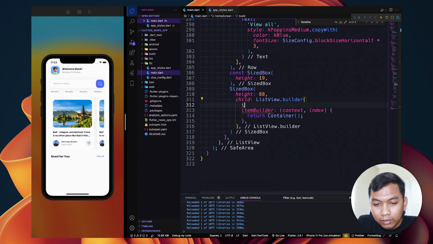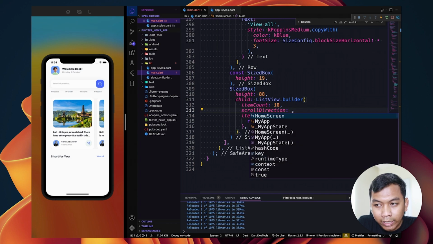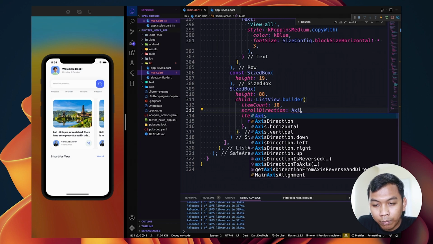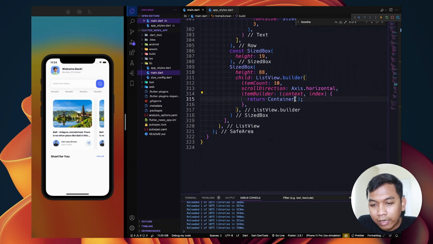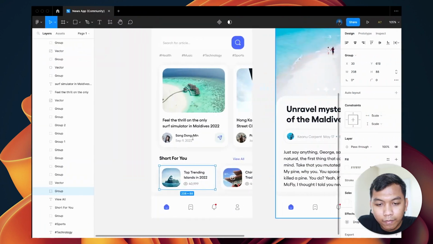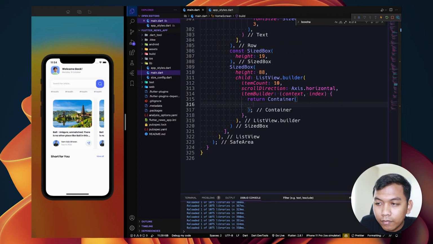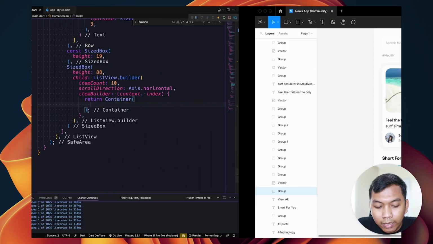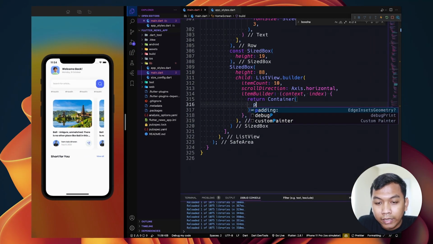And inside this, we need to say item count. Because we don't have any data, set it to 10. Scroll direction will be horizontal. And then, yeah, that's enough. And inside this container, we need to say, just click this and we will have padding.